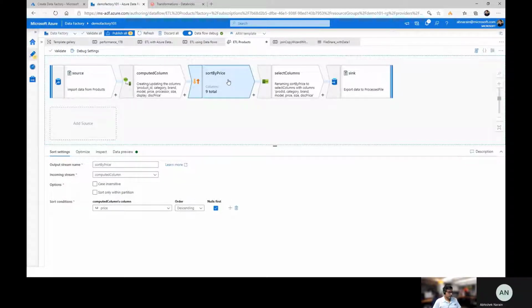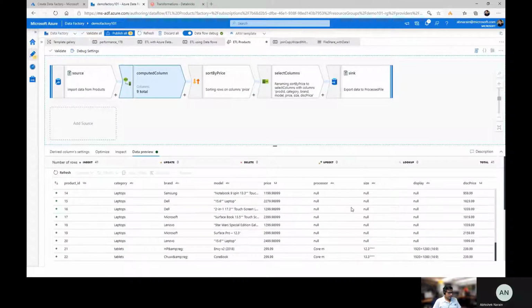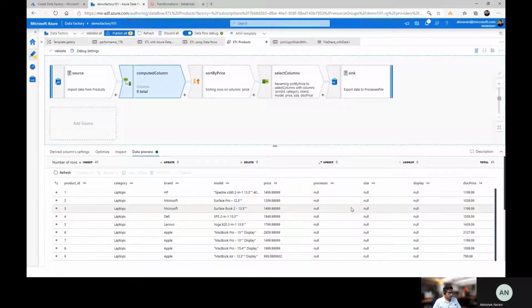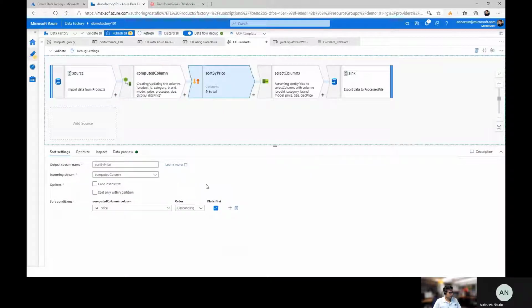We want to sort this price as well. For example, in the previous list, if you see, it might not necessarily be all sorted out. Different prices. You can see the most expensive is here in the middle versus on the top. So probably just to make things cleaner for consumption, we might want to list the most expensive on the top, and hence another sort transform that we added over here, which basically works on that incoming